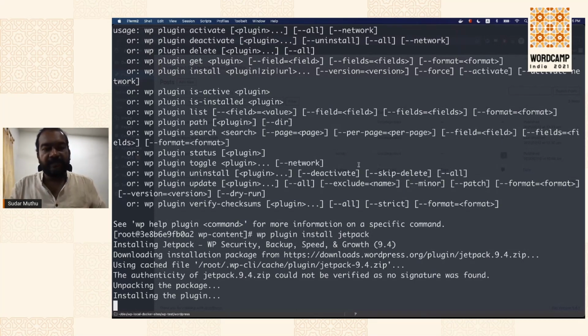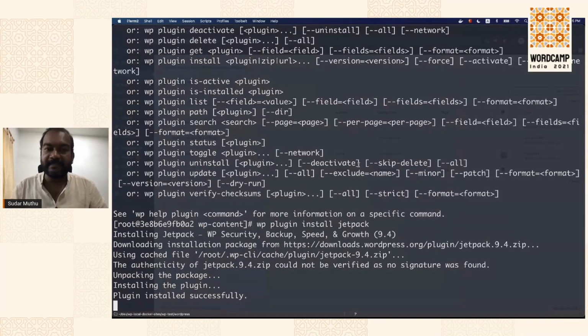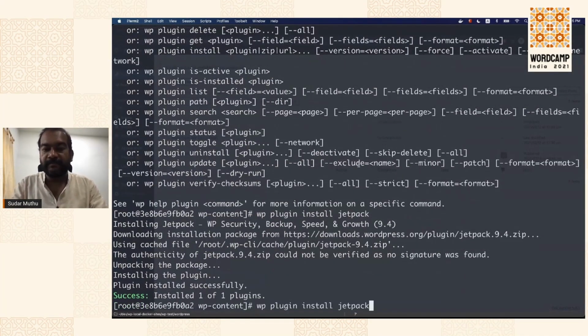And meanwhile, I'll also tell you why it's actually interesting to use WP-CLI, right? So one use case is, obviously you can perform all these operations from the web UI, but let's say you have to install 10 plugins. In the UI, you can only install each plugin one at a time, so there's going to be a lot of clicks. But in this case, what you can do is just specify the list of plugins separated by space, and WP-CLI is just going to go and install all of them.